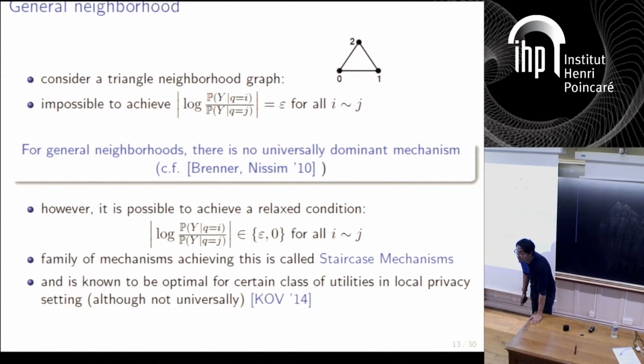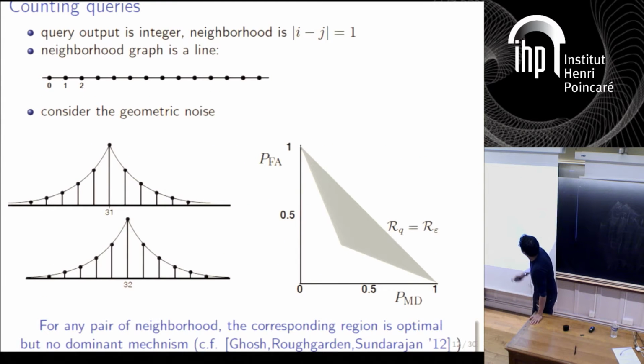So can you go back one slide to the, yeah. So using these regions, is there a way to get, say, a universally optimal mechanism for the count queries in the case of epsilon-delta differential privacy? No, not possible, because